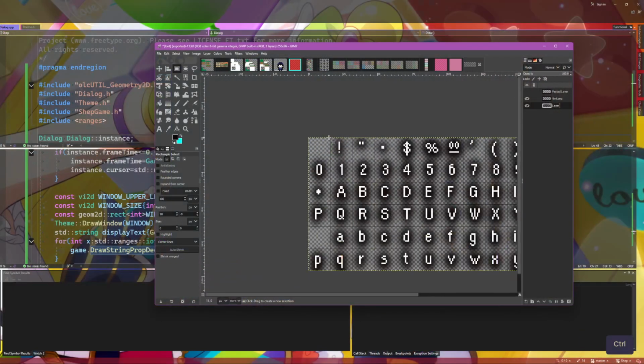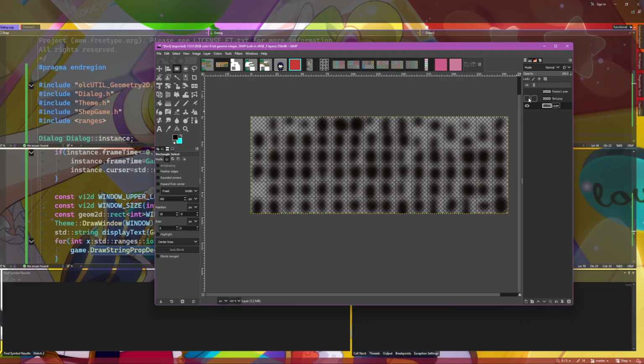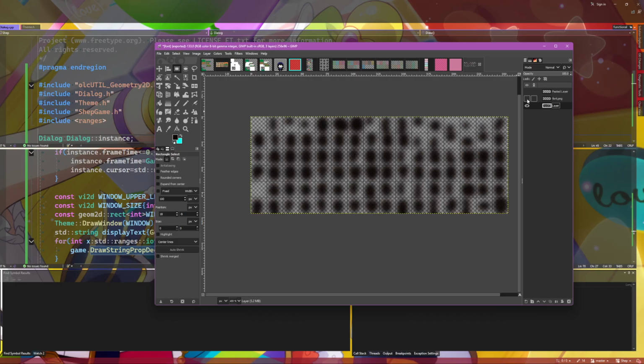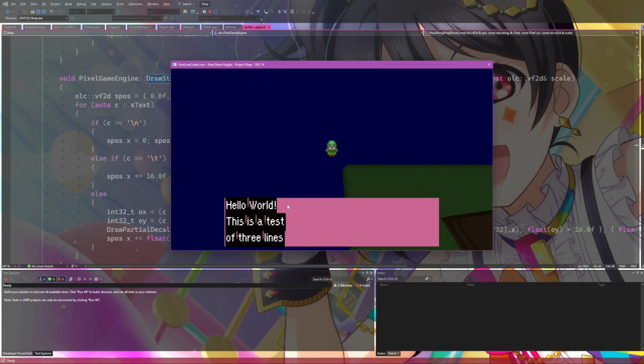What is going on there? I'm gonna guess it's the shader.